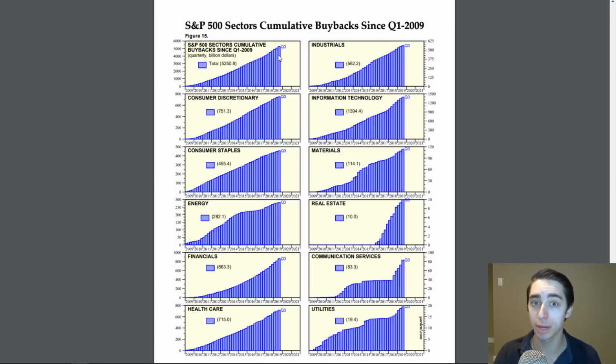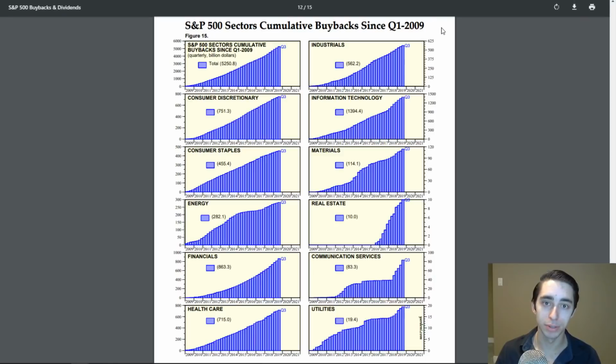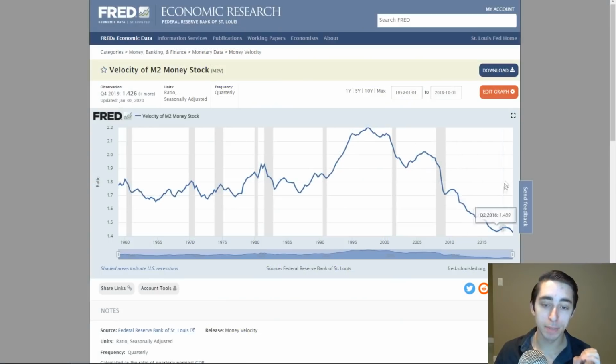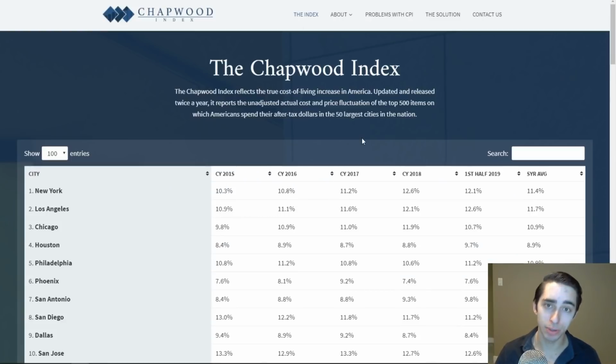And this is just U.S. equities, plus the property market, go down, where those costs are going to go down for stocks, but also for properties and rent. And what's going to happen is you're going to see velocity increase. You're going to see just how much money was stocked up, right? There will be an initial decline, but when this velocity picks up, this money's circulating and people start spending this newly found wealth again, you're going to see the prices of a lot of goods and services start to go way up, even past what the Chaplet Index is showing us right now.